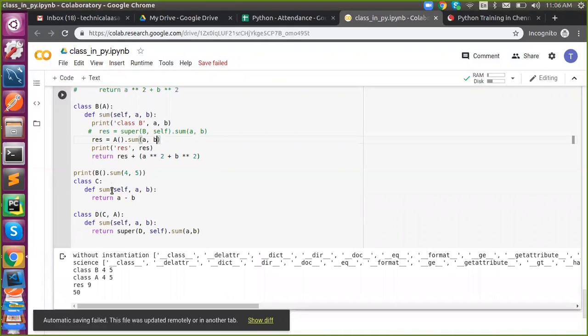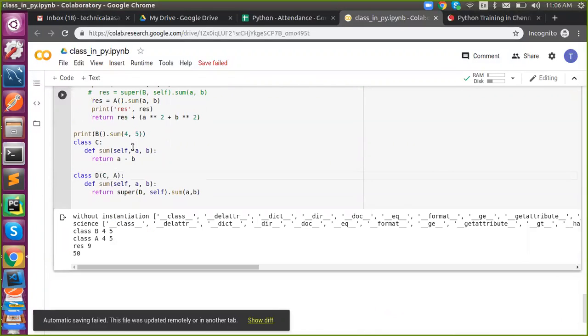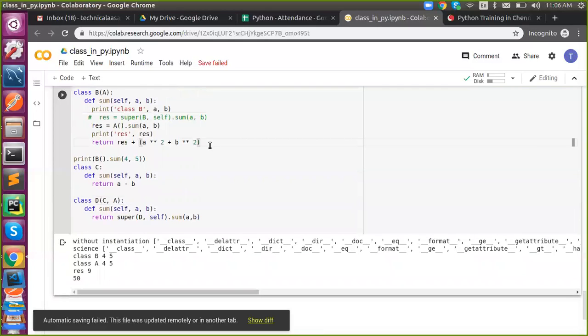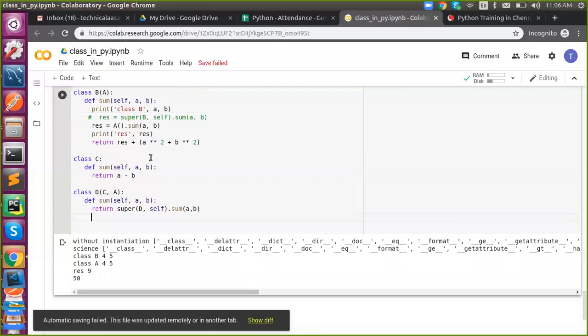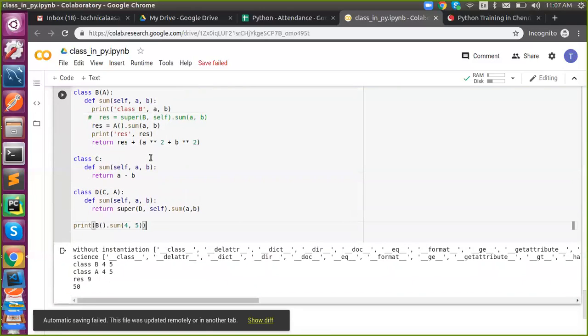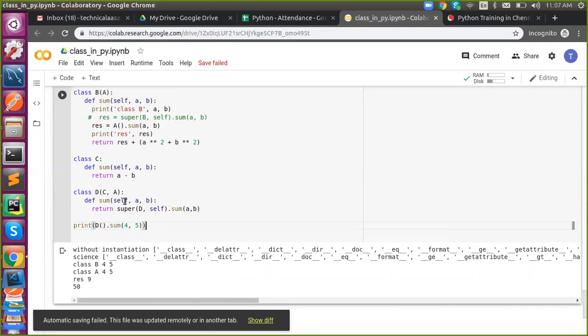Okay. And if I'm using multiple inheritance, what to do? See, I'm having class A contains sum, class C contains sum, and in class D, I will take this. So in this case, what happened now? In class D, if I execute class D, tell me your understanding. When I instantiate class D dot sum, what would be the result?